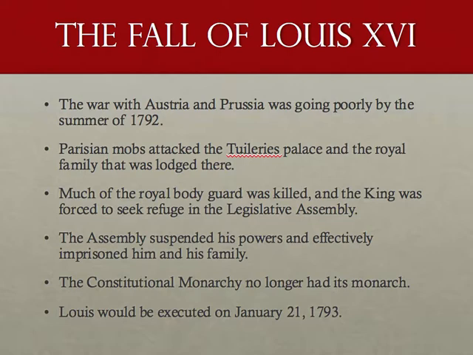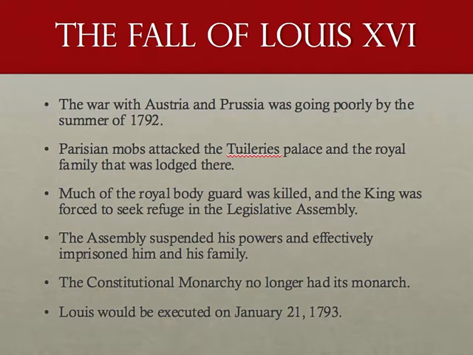The war with Austria and Prussia is not necessarily going very well. People are, at first, not very happy with things. People are getting paranoid. In the summer of 1792, Parisian mobs attack the Tuileries. They feel, or the rumors have gotten out, that it's actually Louis that's behind this foreign invasion, and Marie Antoinette